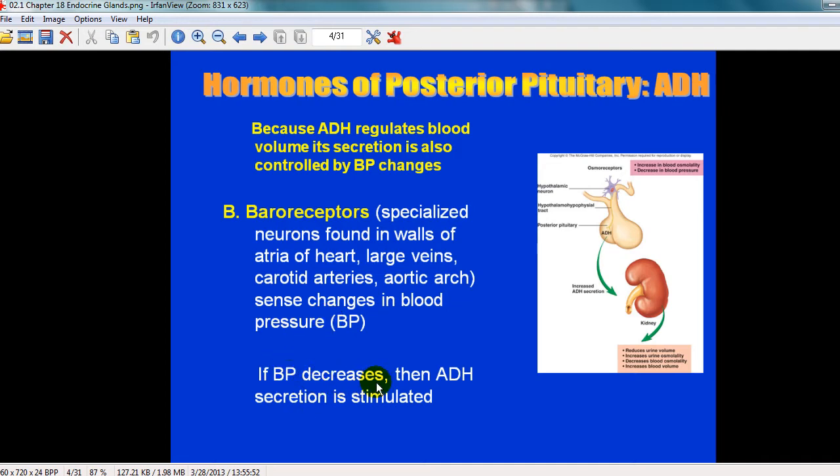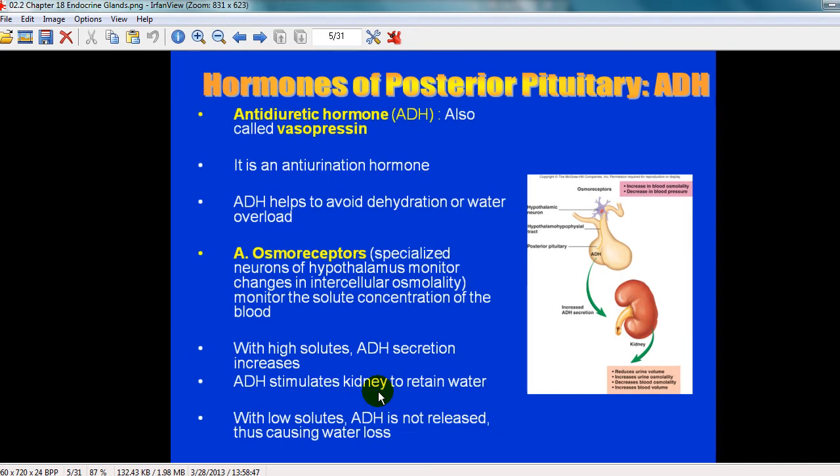If blood pressure decreases a great amount, then ADH secretion is stimulated, and we stop the loss of blood volume or volume in the filtrate and begin the reclaiming of that fluid into the bloodstream through reabsorption and aldosterone function. The antidiuretic hormone also is referred to as vasopressin, as I mentioned, and it's an anti-urination hormone, if you will, and that ADH is going to help to avoid dehydration, or at least help to reverse the effects of water